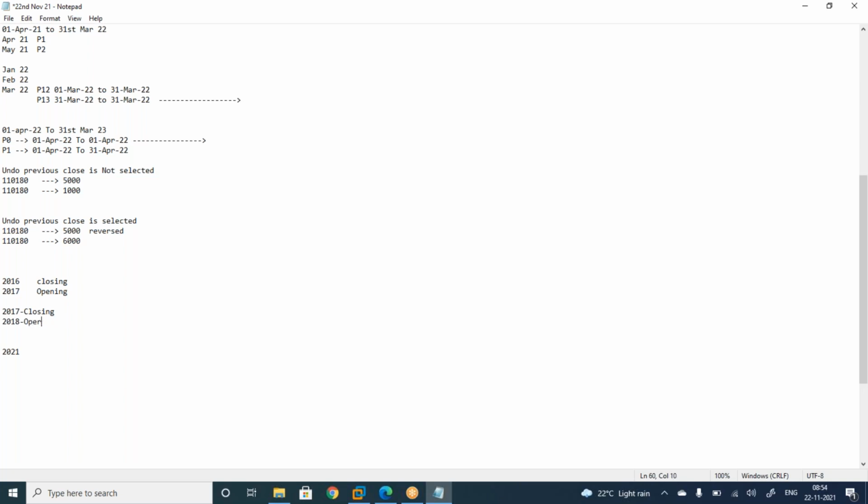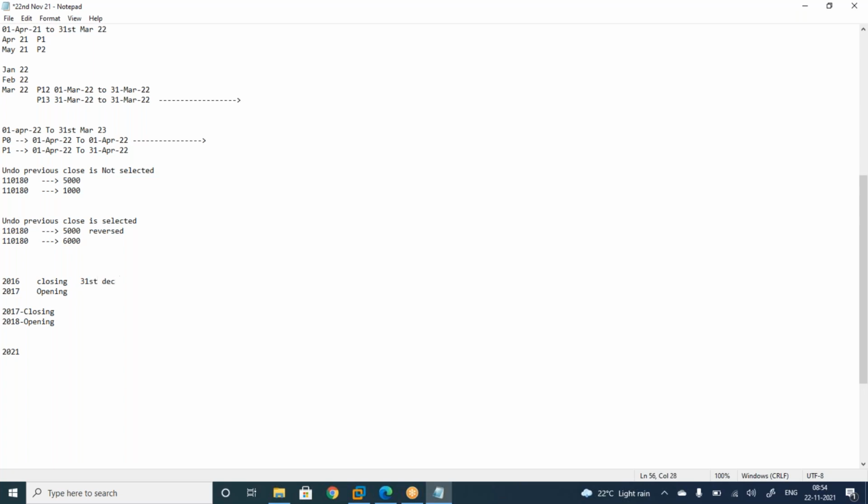Like this you need to run for every year, then only you will get 20 over 21. Suppose you have not executed this one and you have not executed 2019, 18, 19, 20, and you are running this one, it will not show the balances because the previous month's balances are not there, the previous last day is not there, it will not bring the balances. Understood? Any confusion? System will not bring the balances from 31st